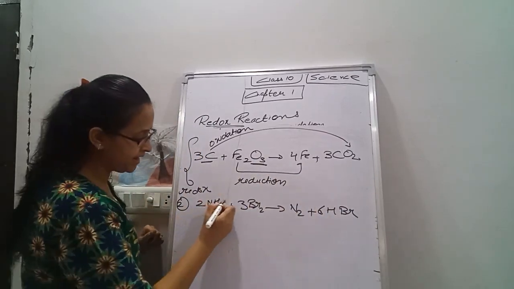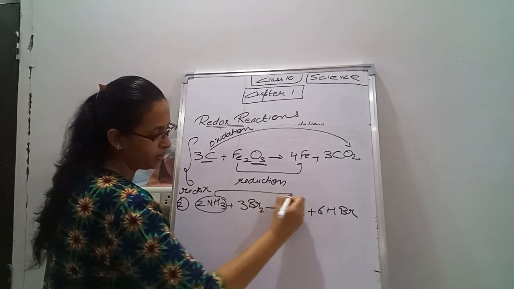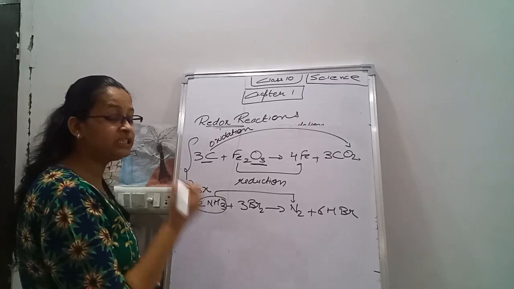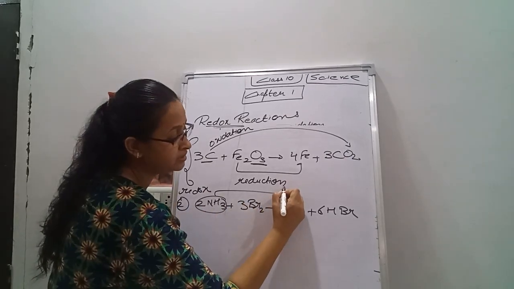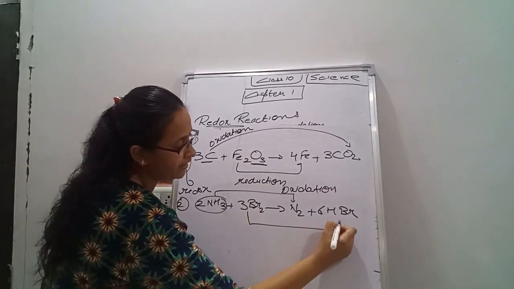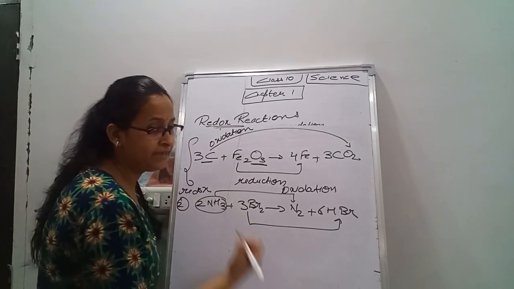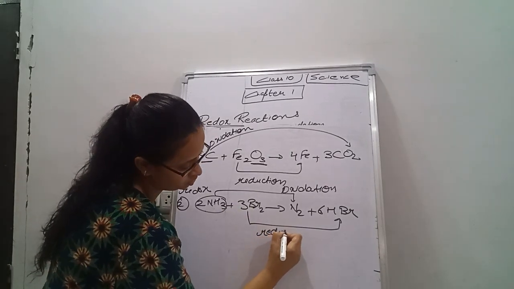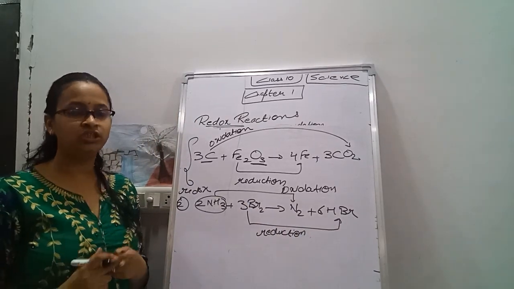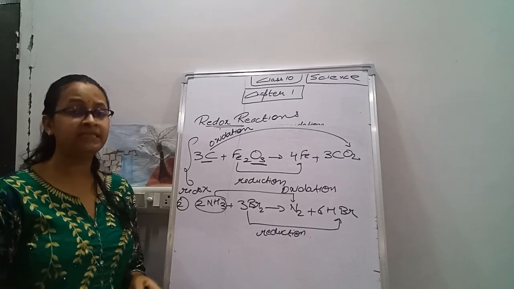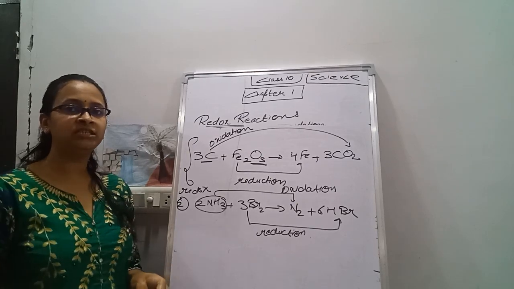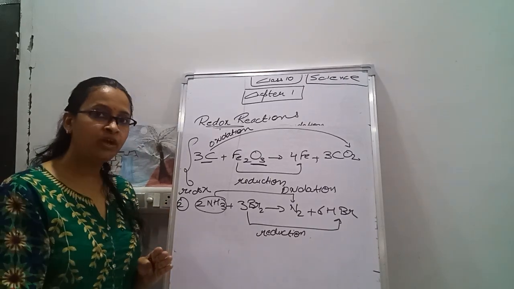Now what we are observing is that in ammonia hydrogen is removed, and we have already mentioned that whenever hydrogen is removed from any compound, it is known as oxidation, and whenever hydrogen is added to any compound or element, it is known as reduction. So it's basically a small concept that in a redox reaction, oxidation and reduction reactions simultaneously take place. In an oxidation reaction, we are adding oxygen or removing hydrogen, and on the opposite side, in a reduction reaction, we are removing